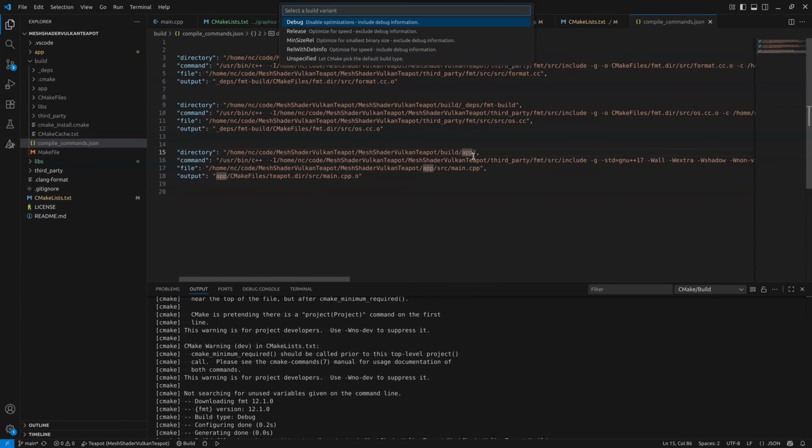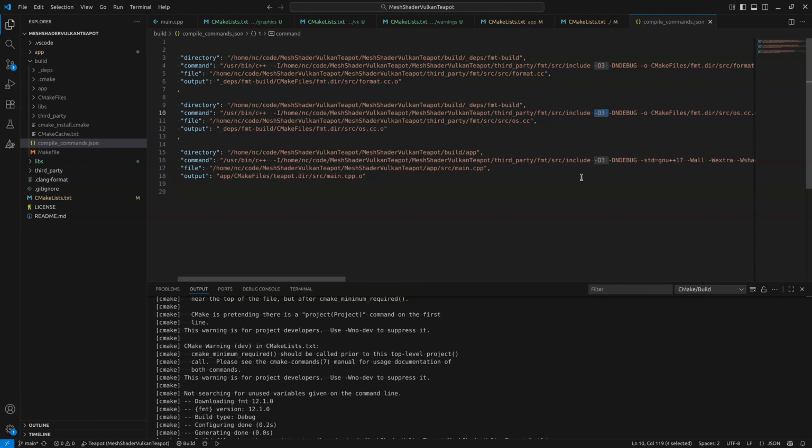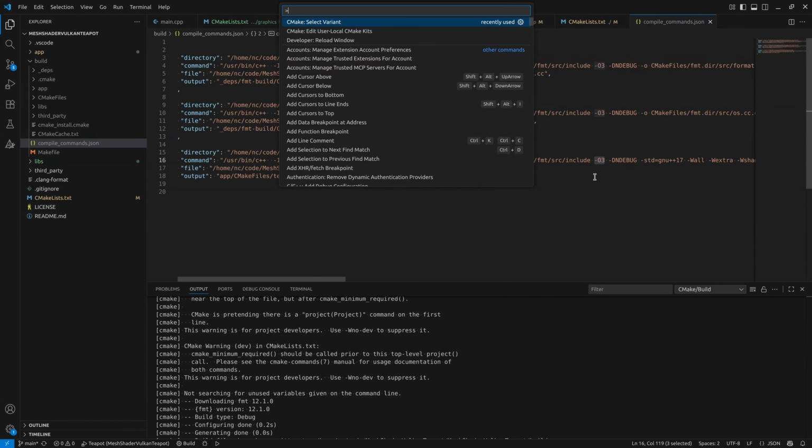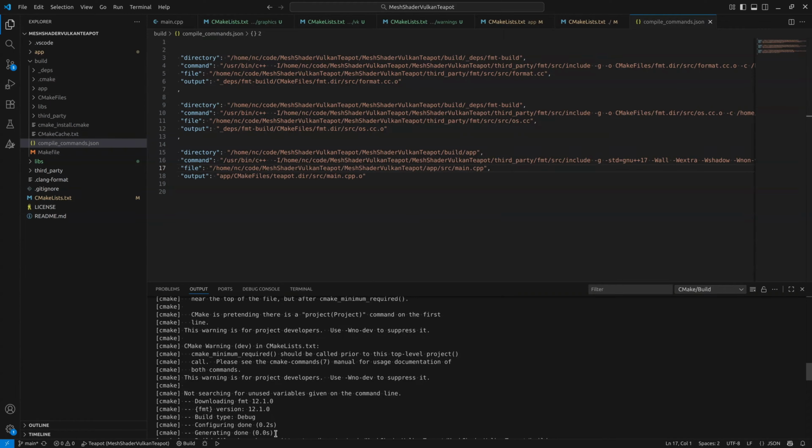Let's actually see what happens if we select the release. Yeah, we can see that instead of -g, it uses this -O3 for optimization. Let's return it back. I still need to figure out how to add these things to the UI. But okay,